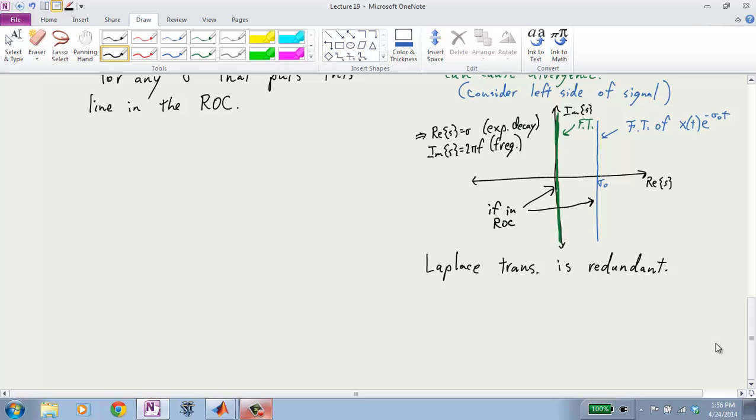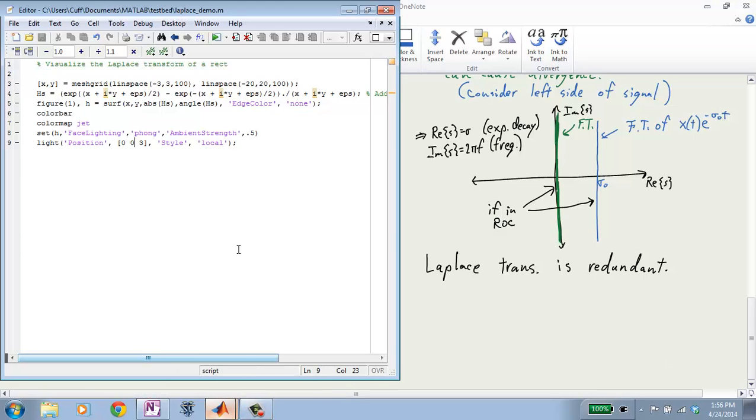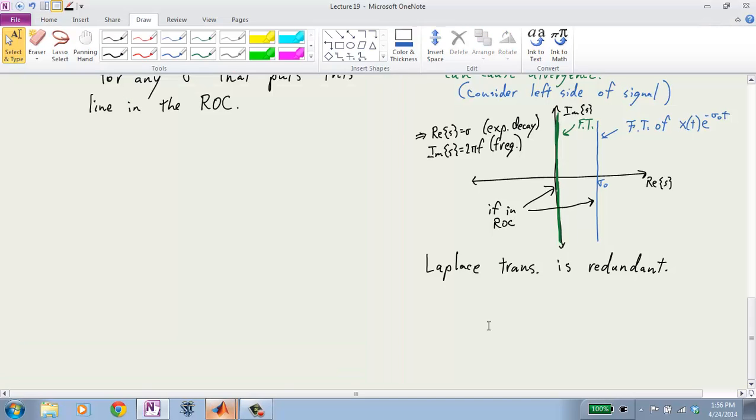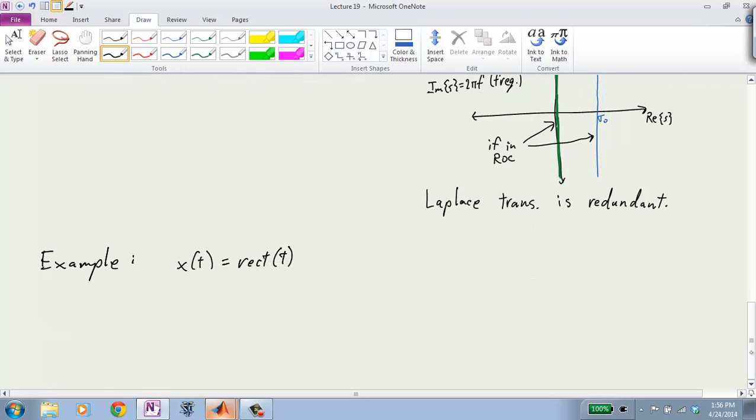All right, so I have a MATLAB demo here. Let's look at the example, Laplace transform. Let's do the Laplace transform of rect of t. Okay, we can calculate this out quite easily. X of s equals the integral of, of course, rect times e to the minus st, which is an integral from negative half to half of this,